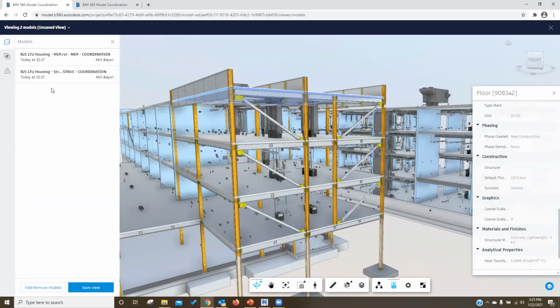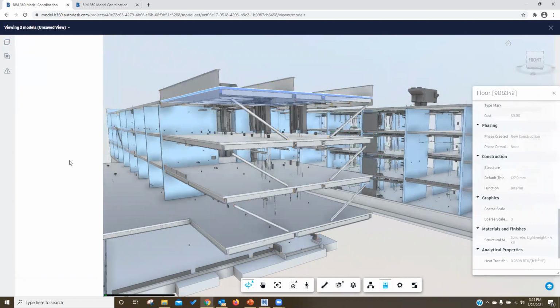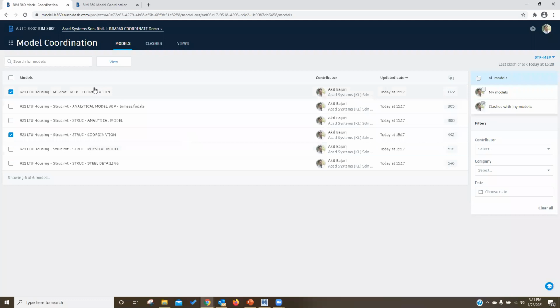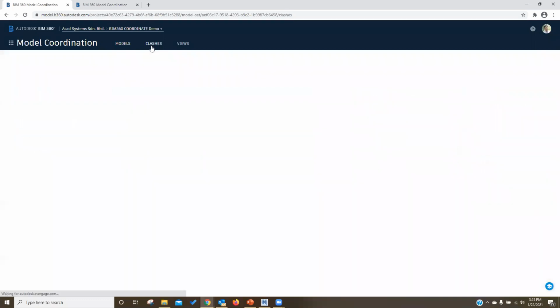If you would like to see the automatic clashes, I can close the model for now and go to the next menu. Here are the clashes.